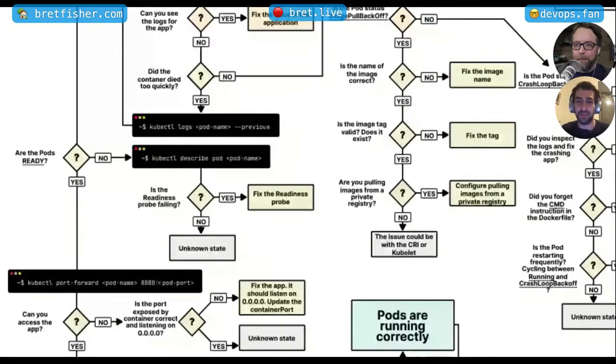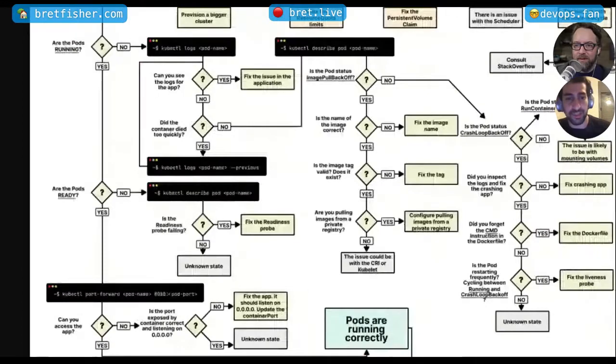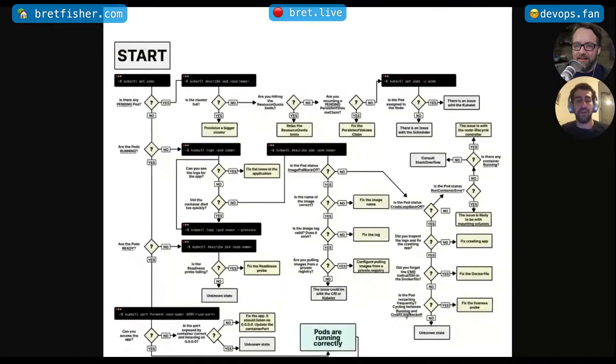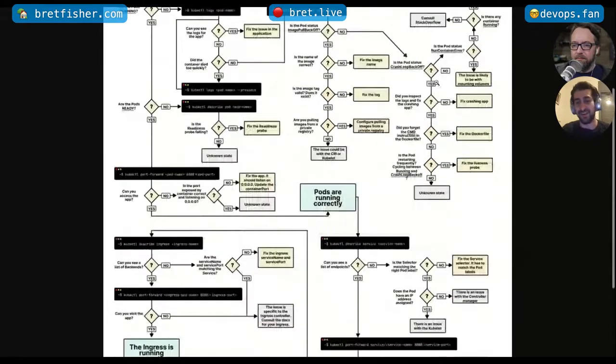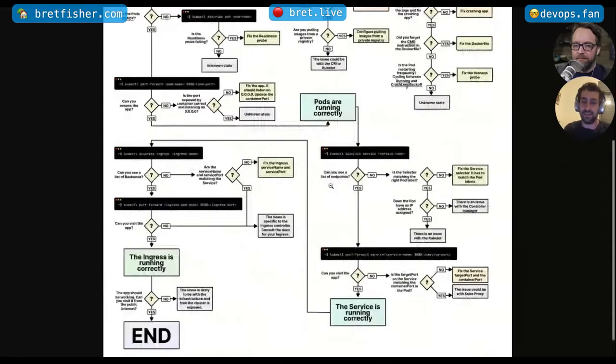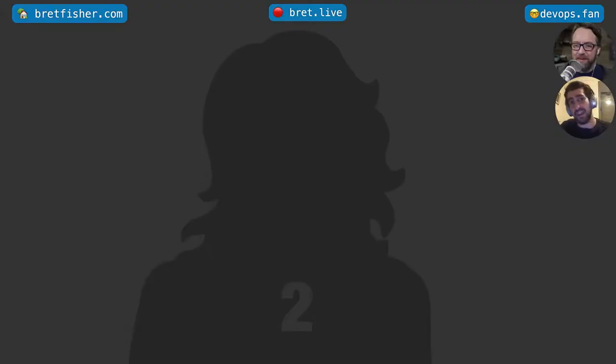So Komodor tries to take most of this flowchart and basically gives you a very easy to use tool, without you having to follow all of the different steps in order to understand what just happened in my cluster. So yeah, this is, again, not our product. We try to make it as easy as possible, but this flowchart is the canonical how do I troubleshoot Kubernetes failed deployments. So yeah,